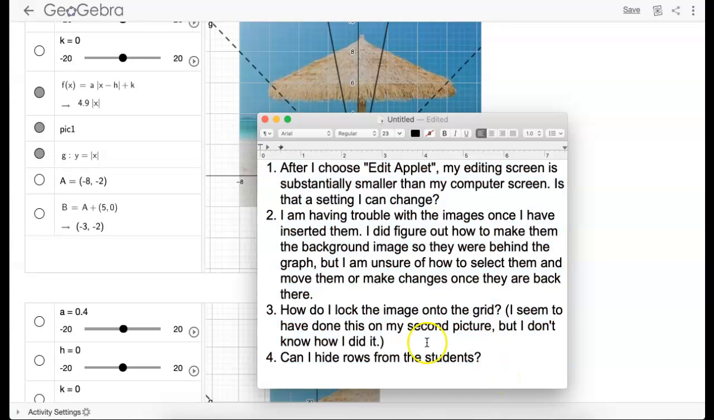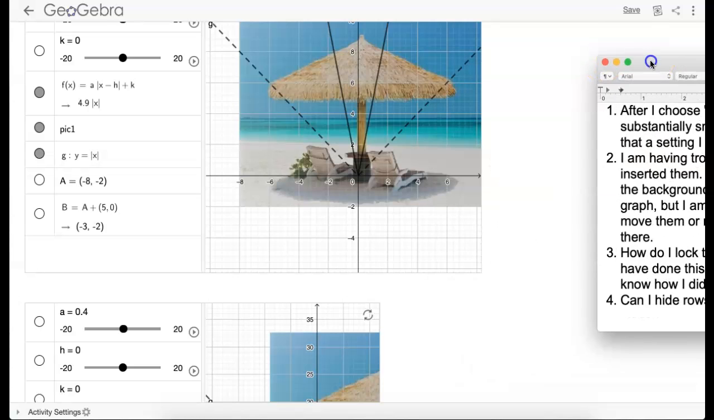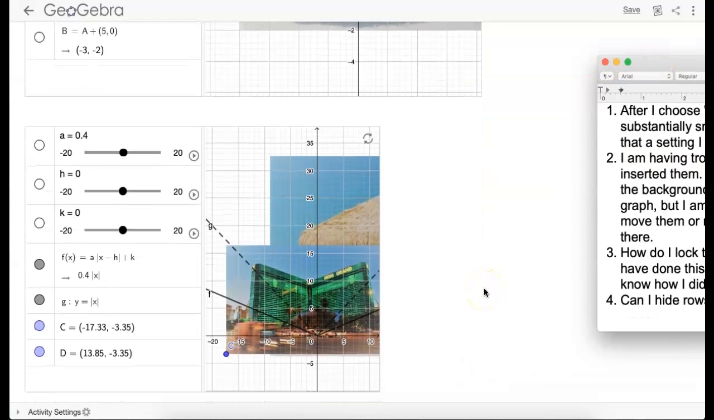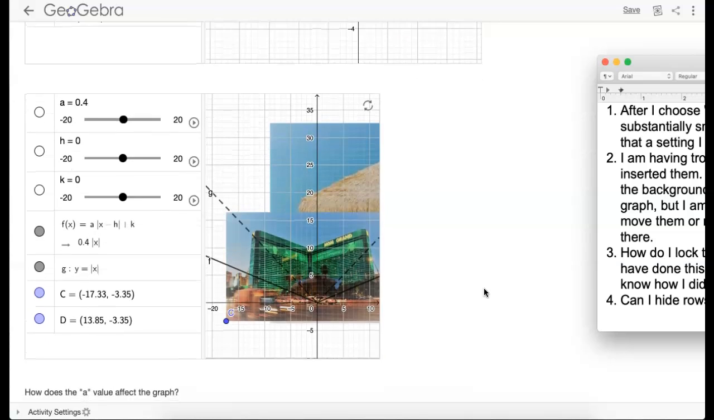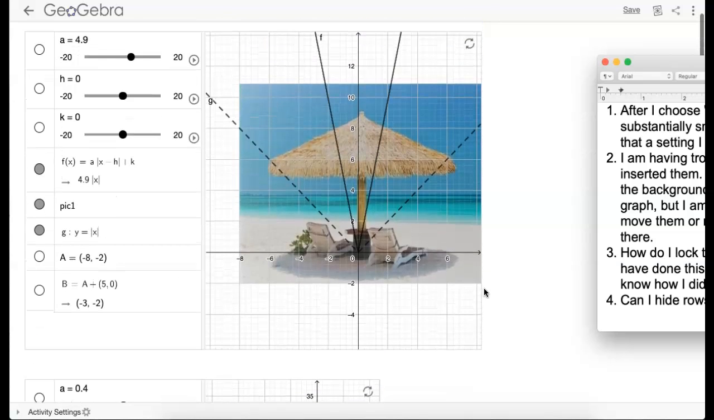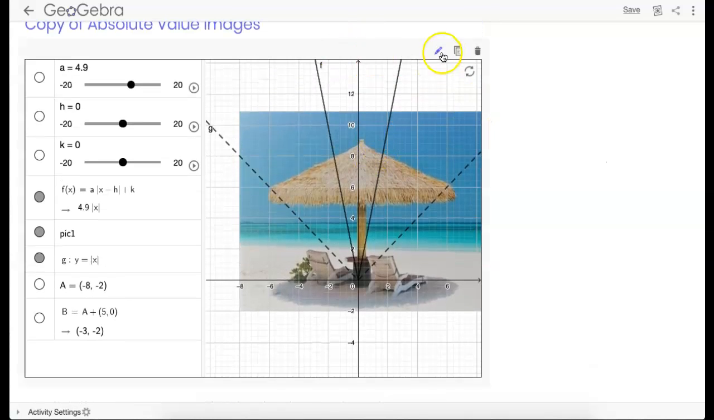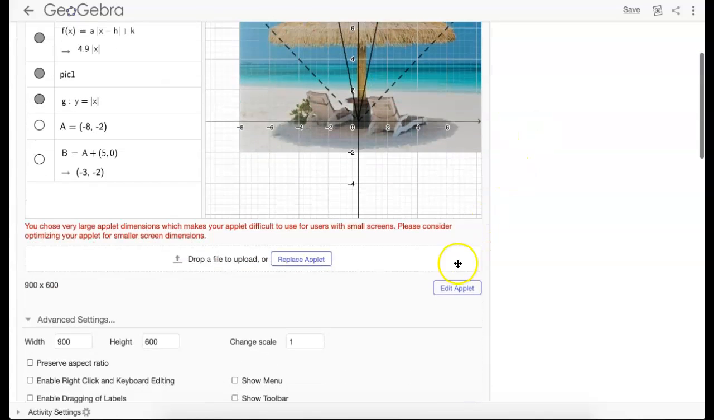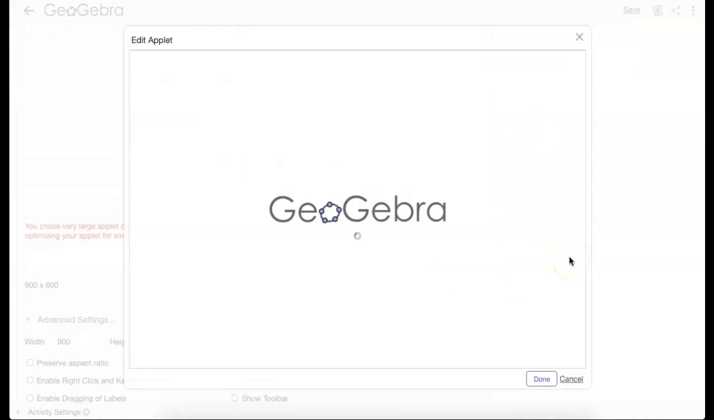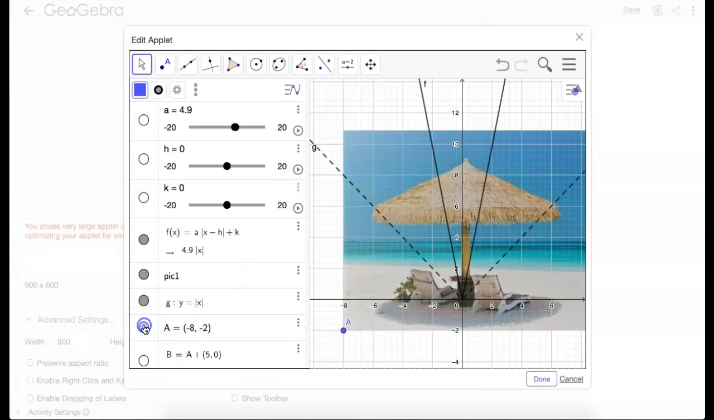So your next question is, how do I lock the image onto the grid? So I think if I understand your question, I might have answered it in the last video. So if I go back to this screen here and click on the pencil icon and click on Edit, I attached point A at the bottom left-hand corner of the screen, and then